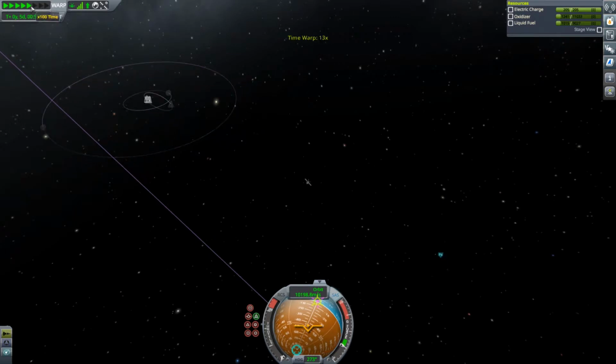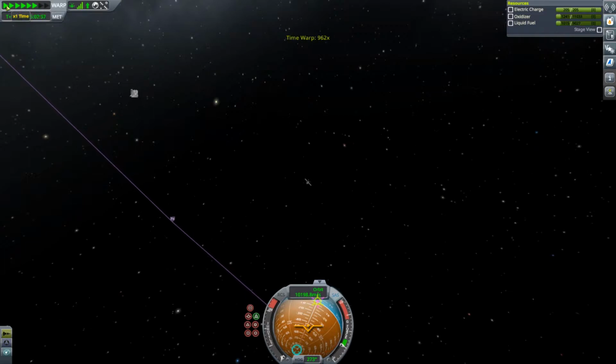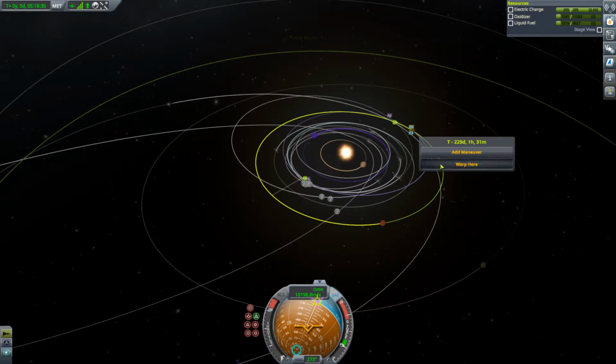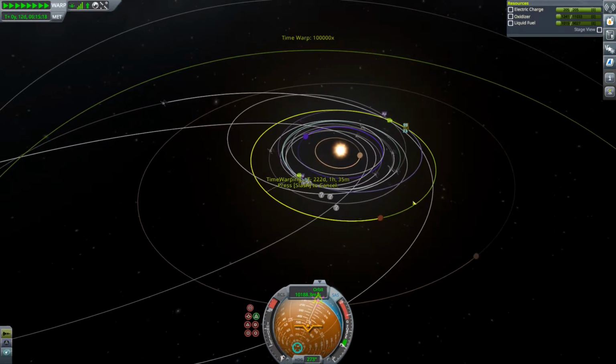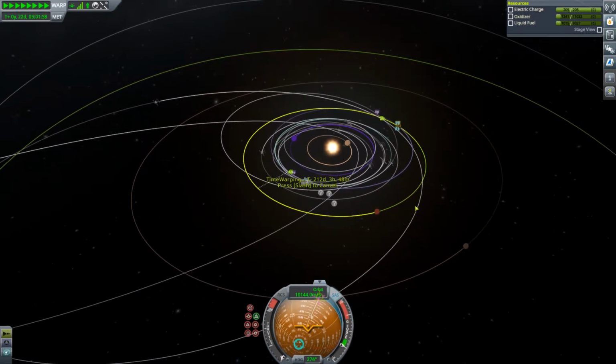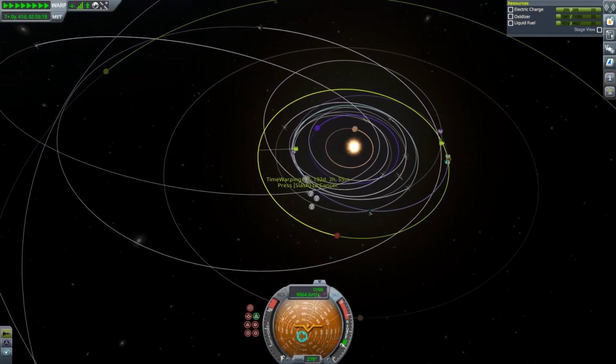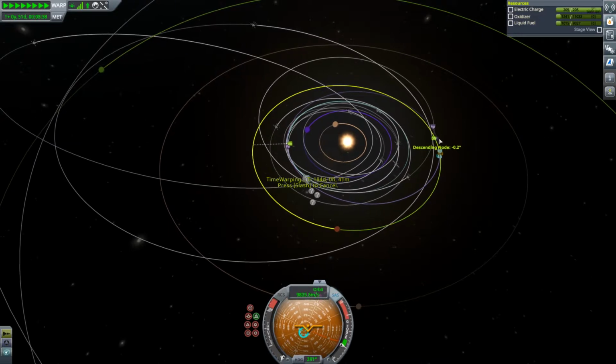Okay, so I had a decent flyby, but I didn't actually have anywhere close to an intercept with Ike. And like I said, I'm not really close to the ascending node, descending node. When I notice that, I should probably look for that. I'm way past it. I probably was really close to it when I started my